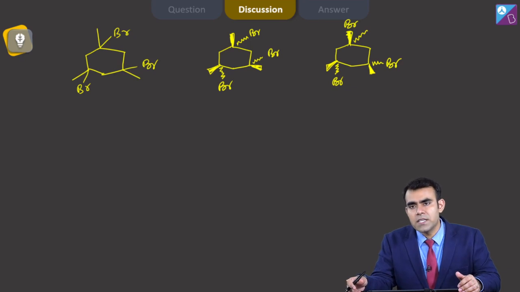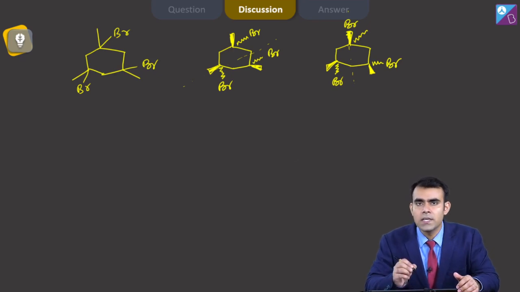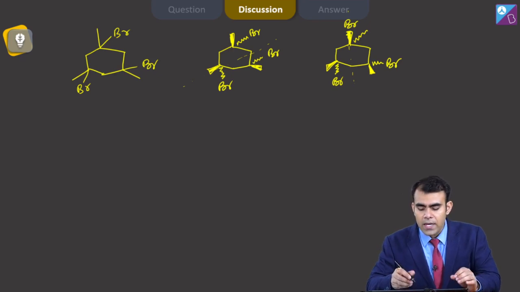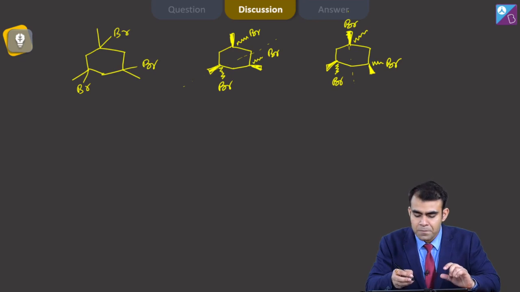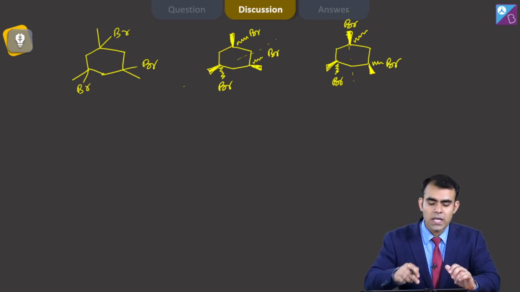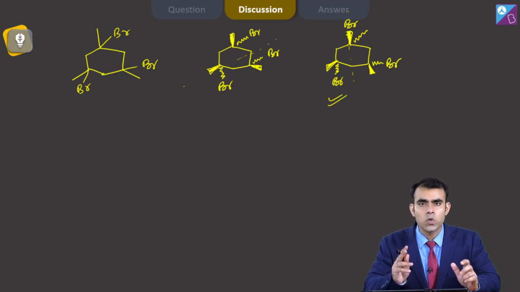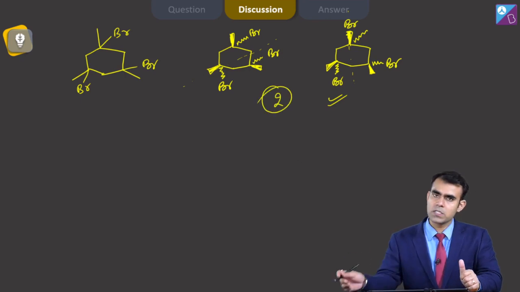Again there is a plane of symmetry, and you can put a plane anywhere. So because of the plane of symmetry, both the compounds are achiral, they do not have their mirror images, and we cannot form any more stereoisomers, because if I try to put 2 Br up, then it is the same compound as this one. Okay, so only these two possibilities are there, so we get two isomers for Y.